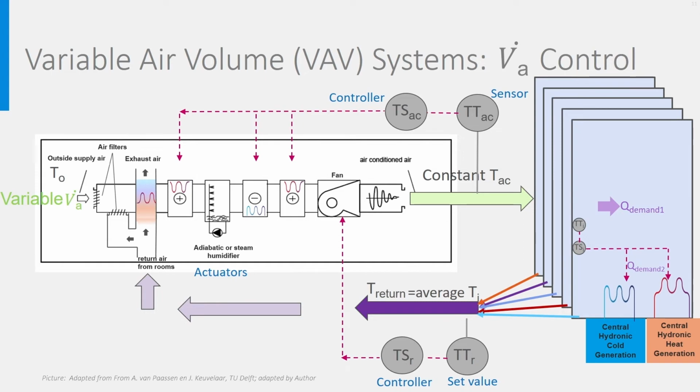Second, as the temperature TAC is kept constant, uncomfortable very high or low supply temperatures are avoided, by which the comfort increases, especially if there is readjustment at room level, like in this slide. If it is a VAV system without room readjustment, very high flow rates may be needed, which would create very high air velocities at room level, which would be uncomfortable.